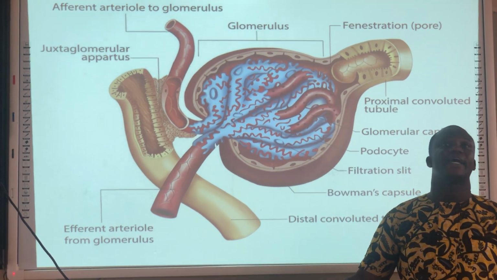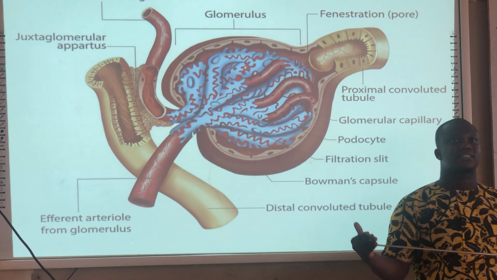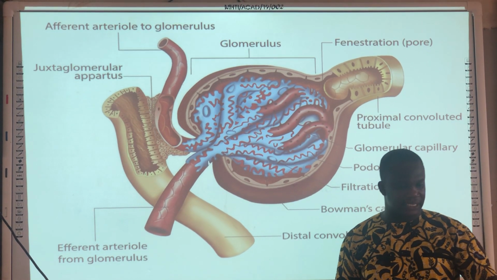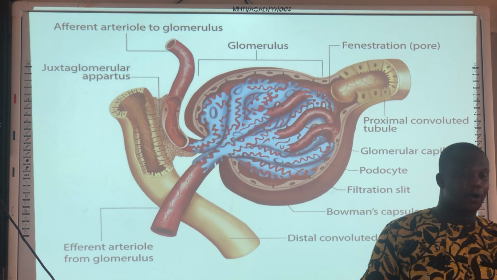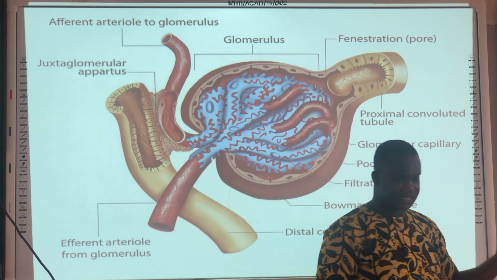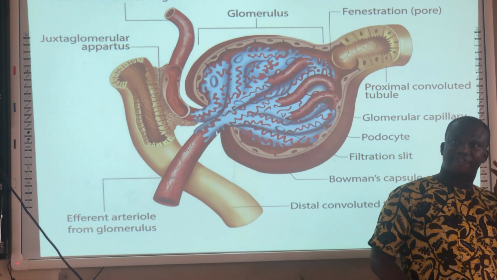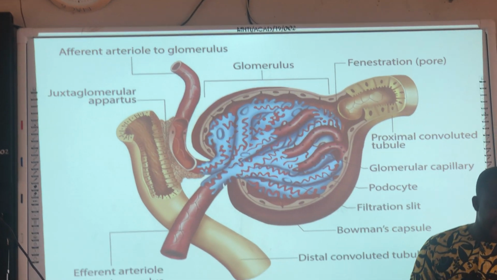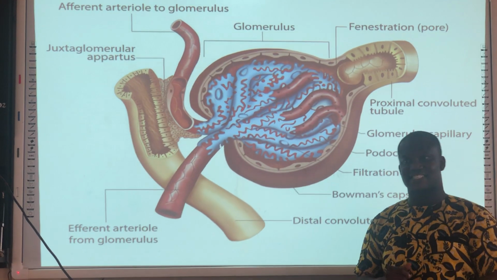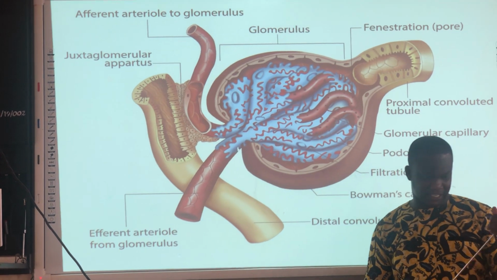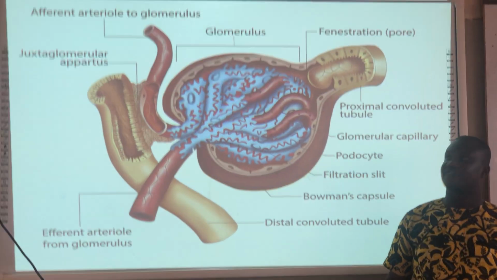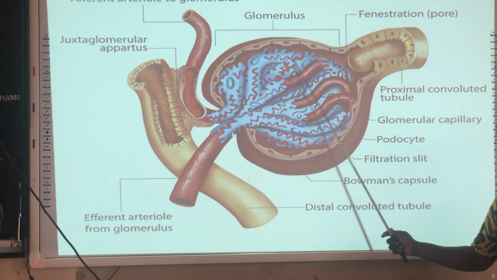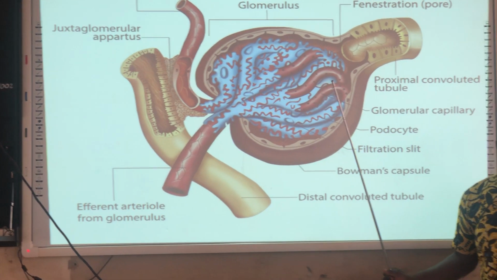Now, what are some of the processes that lead to urine formation? Urine formation has three phases, or three processes, namely filtration, selective reabsorption, and tubular secretion or excretion. Now, let's take the filtration. As we all know the function of the glomerulus,